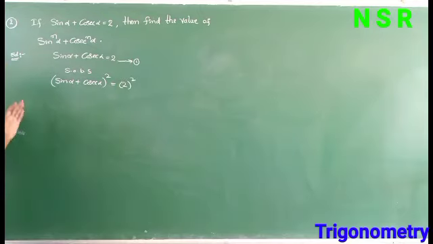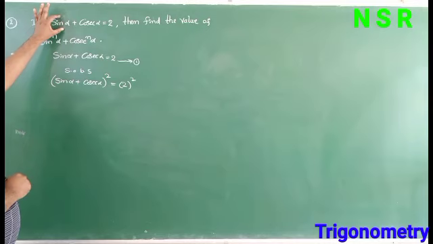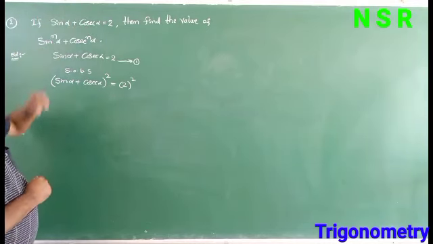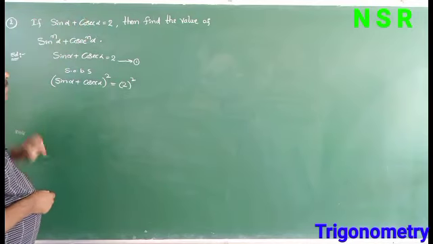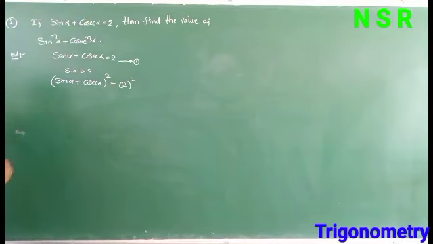Why are we squaring on both sides? If we square on both sides, we get sin power 2 alpha, that is sin square alpha, plus cosecant square alpha value. This is the value of sin power 1 and cosecant power 1, which we get as 2. Next find sin square alpha plus cosecant square alpha. By using these equations we can find the value of sin power n alpha and cosecant power n alpha. That's why I am squaring on both sides.